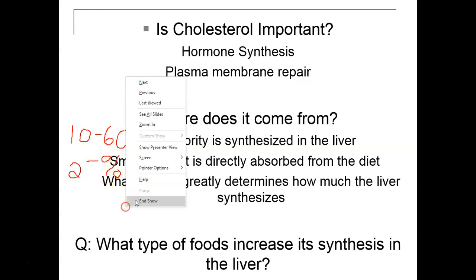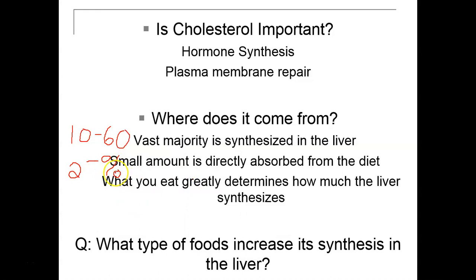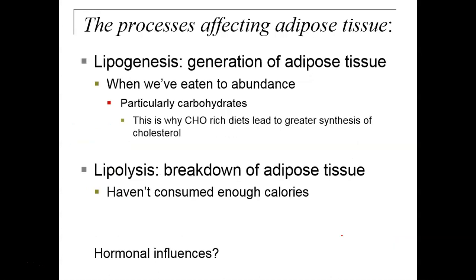So I ask again, what type of foods increase synthesis in the liver? Again, those high calorically based foods that are generally carbohydrate in nature. Again, it is not carbohydrate. I'm not anti-carb, not at all. It's just the fact that that's the problem why carbohydrate-rich diets lead to a greater synthesis of cholesterol, because